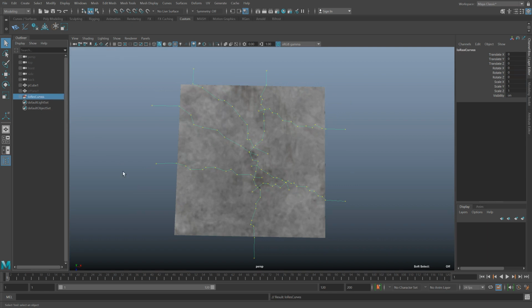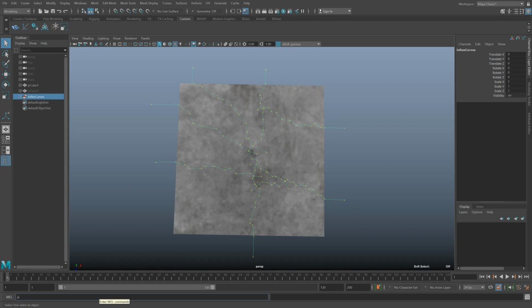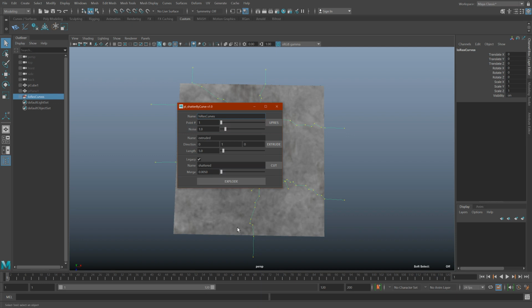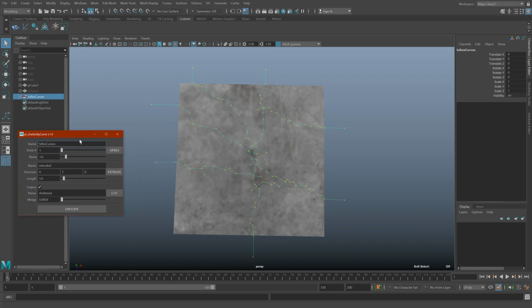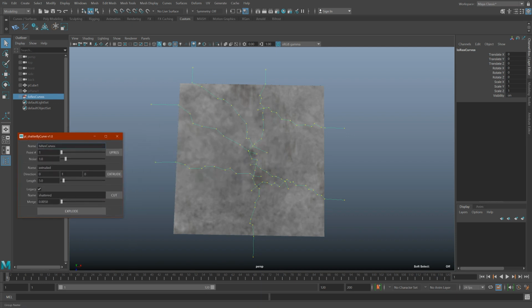Now we have to download a pl_shatter by curve script from the link in the description, then type it in the Maya command line and the UI should pop up. The top part of this UI is for appraising the group of curves. The name parameter defines the appraised curves group name. This one